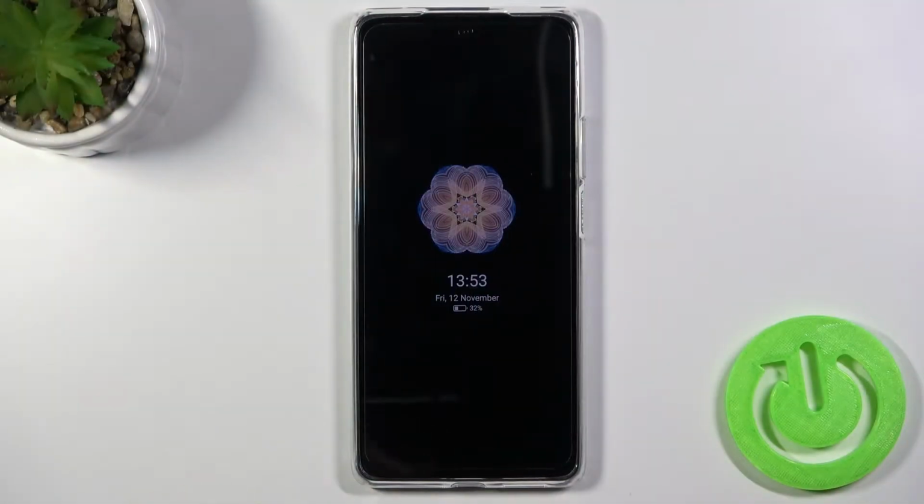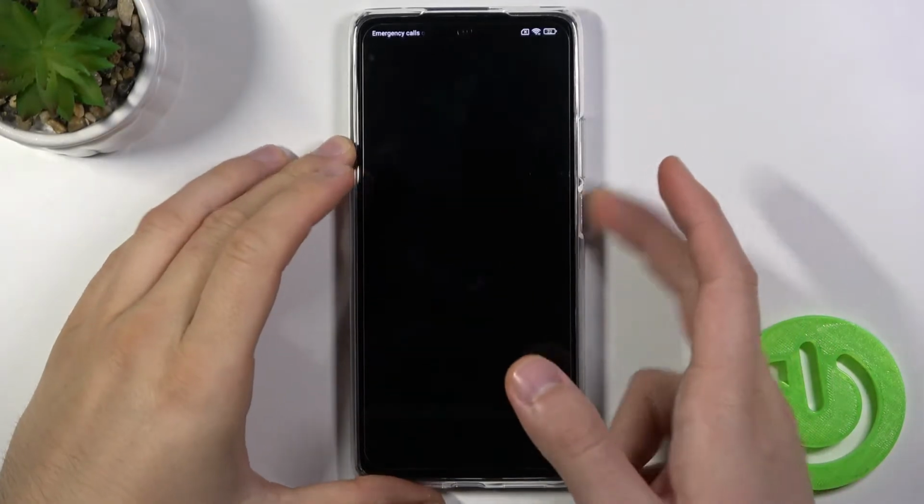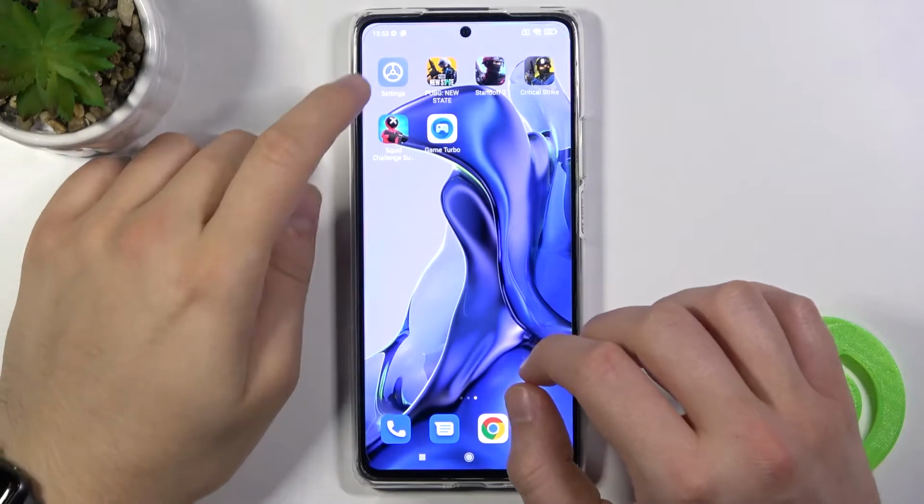Welcome, today I am with XIAOMI 11T and I will show you how you can customize always on display. At first you have to open the settings,